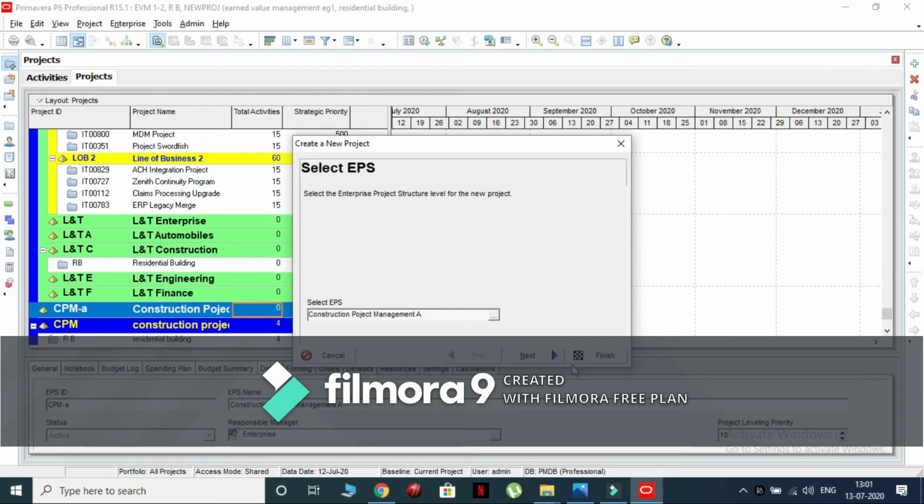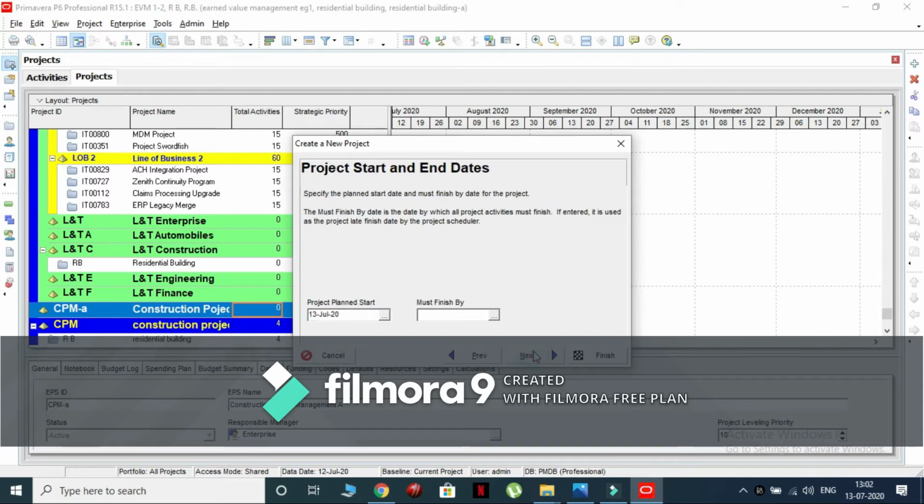Name the project as residential building. And ID as RB. Click on next. Click on next.